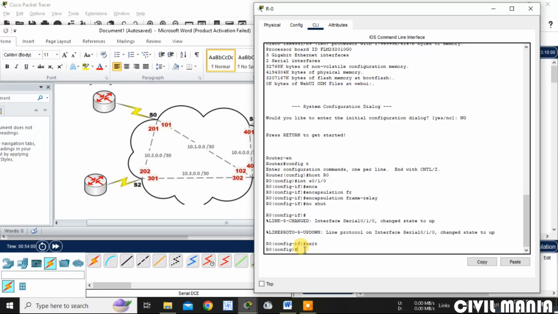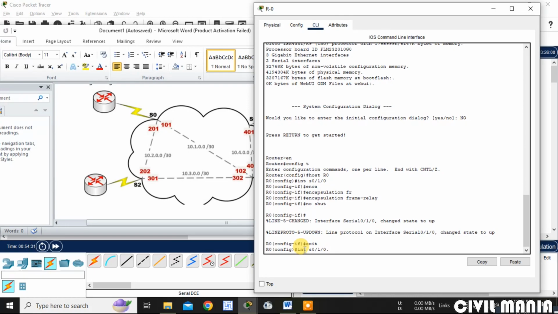That is, in router 0 I have to make interface S0/1/0 dot. Let me make sub interfaces in the routers, but you have to remember one thing: I can name all the sub interfaces in various ways.